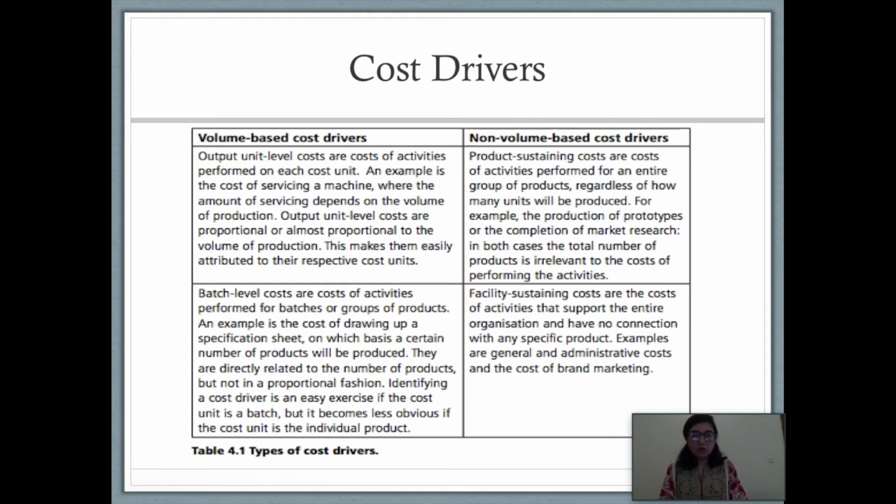So every cost has a driver, and it is very important to distinguish what cost is derived by what factor. There are two kinds of factors: volume based cost drivers and non-volume based cost drivers. Volume based cost drivers are generated based on a numerical number, right? For example, machine hours, you can quantify it. Labor hours, you can quantify it. So volume based cost drivers are quantifiable cost drivers that you can calculate based on the number of quantity.